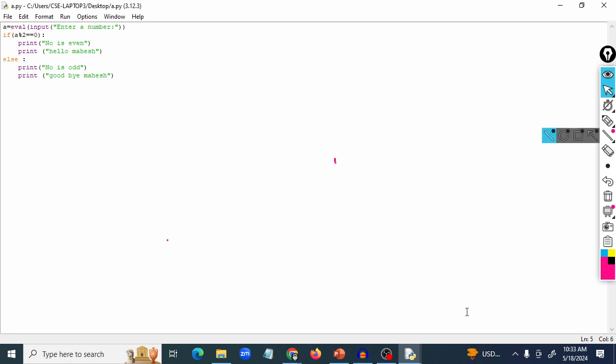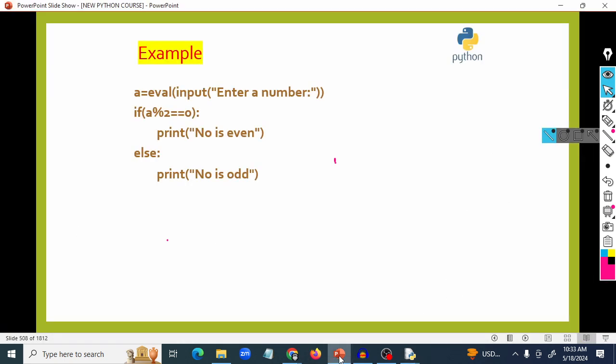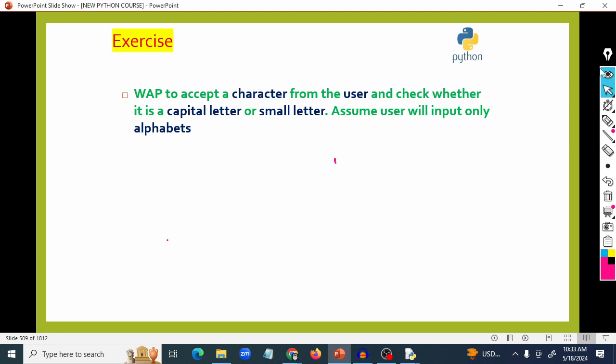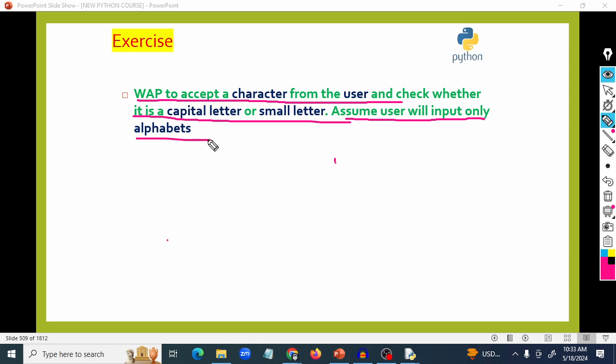Next, here I am giving one program. Write a program to accept a character from the user and check whether it is a capital letter or a small letter. Assume the user will input only alphabets. So here I am giving a problem, that is I have to enter a character instead of a number as in the last program, and it should say whether I have given